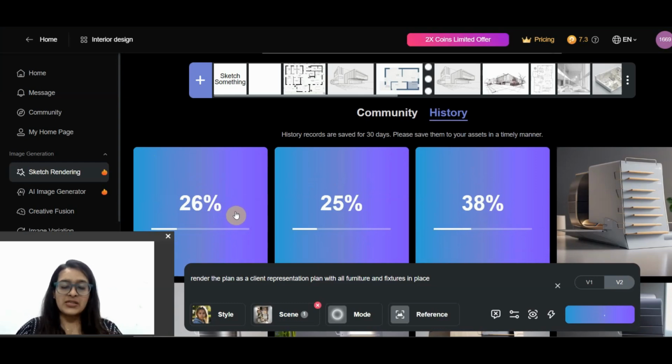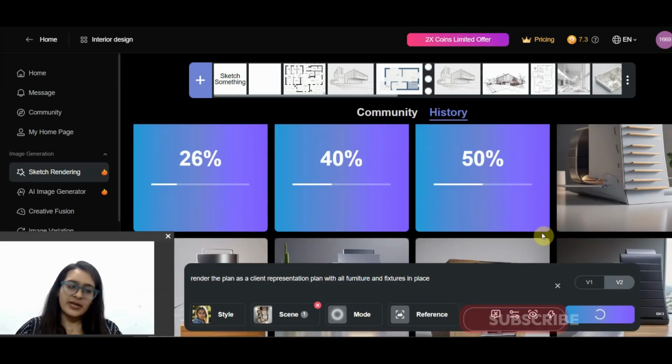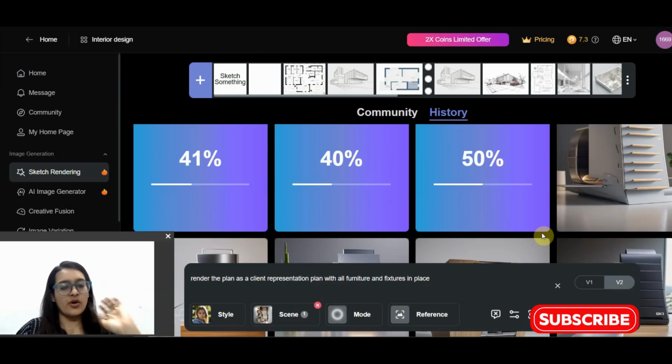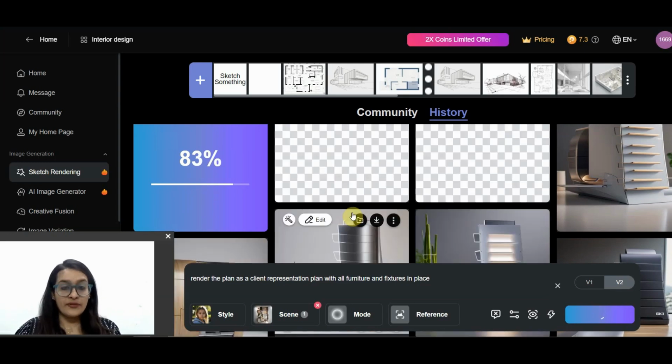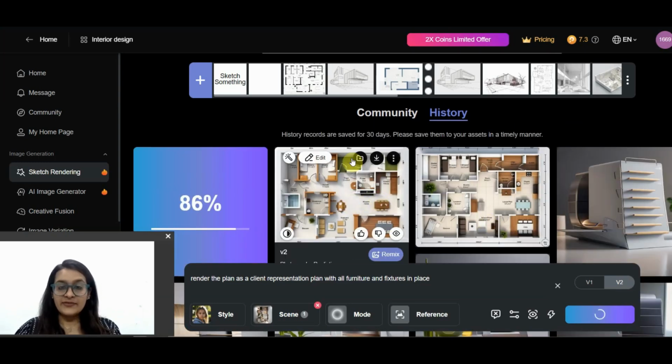This is what it can give us. So the previous render, we had not really got a good render out of it, but this Chrome AI is something I'm actually looking forward to. Let's see what kind of plan it comes out with and gives. I'm hoping to get a better output than other software, because Chrome AI is meant for this kind of thing, and a lot of interior designs I've seen are based on it.